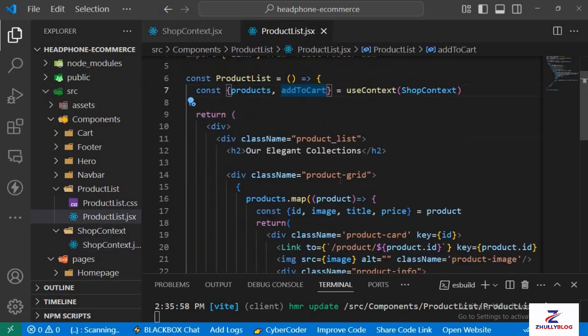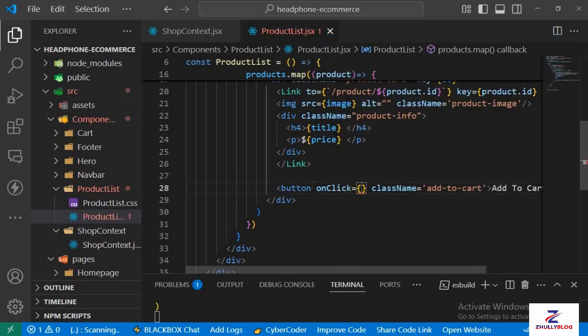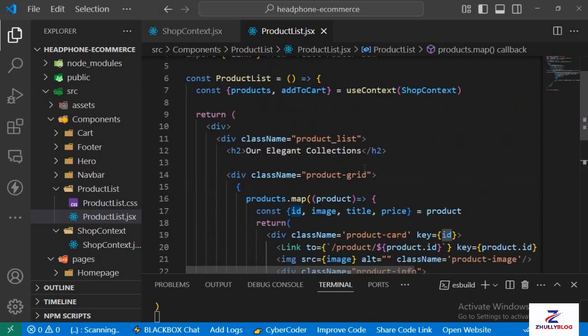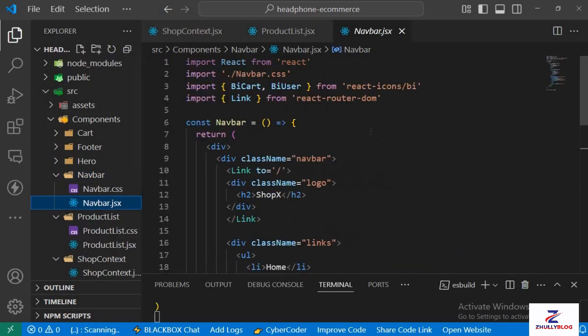So addToCart, and right here in the button we use an onClick function to call the addToCart function. Okay, we'll call the addToCart function, and then we're going to pass the product and the ID to the function. So if the user clicks on the button, the product will be added to the cart. Also, for it to reflect on our navigation bar as well, we're going to